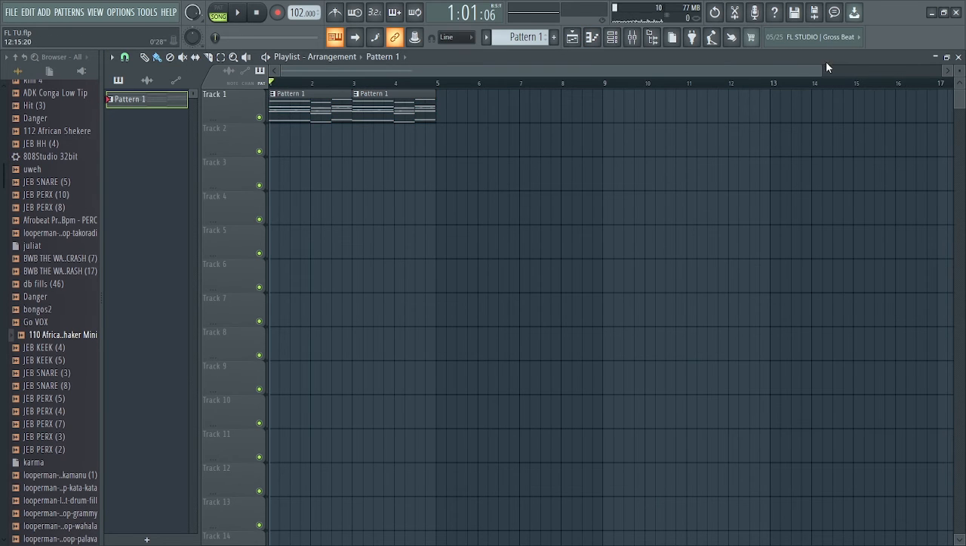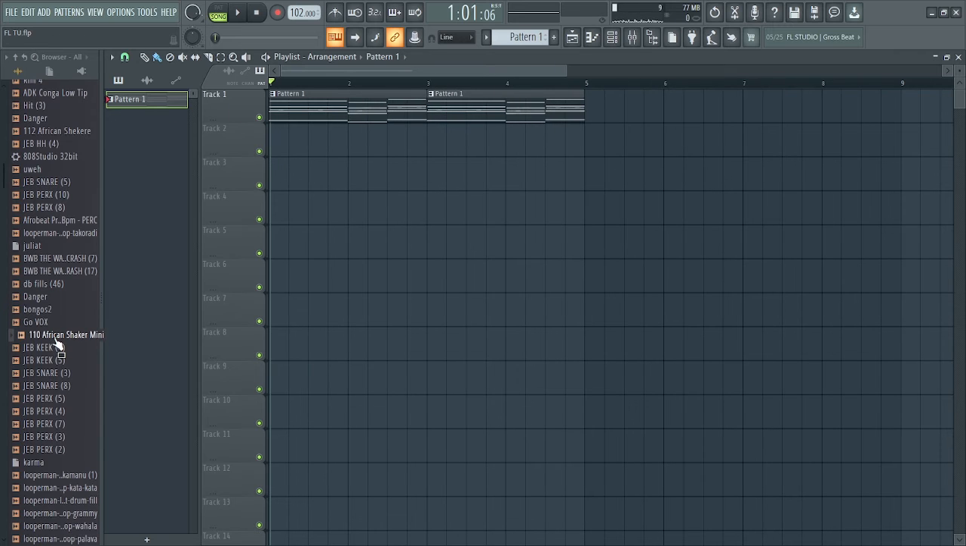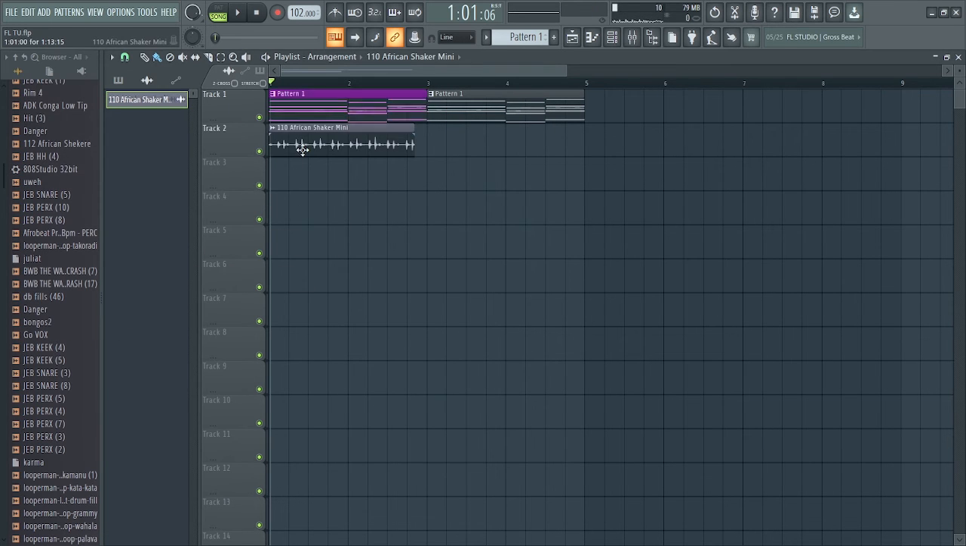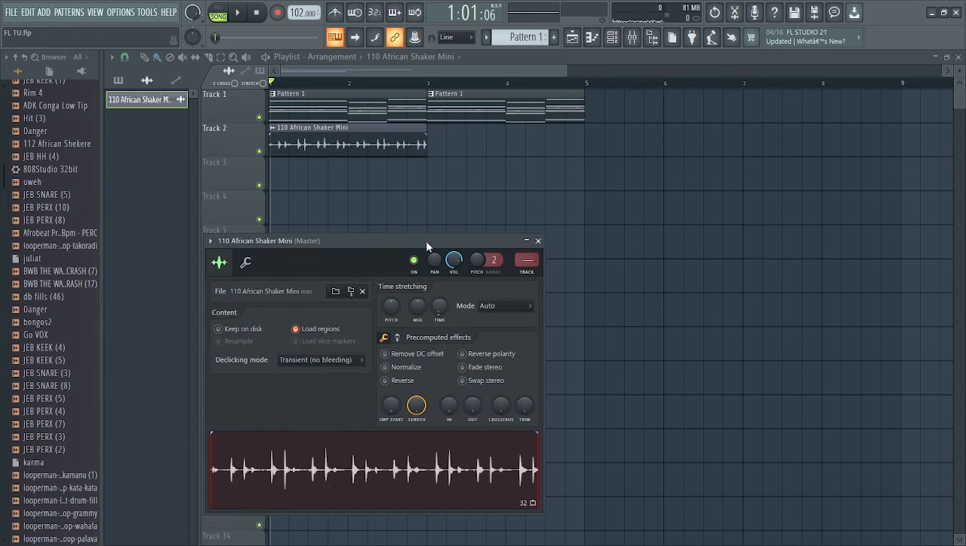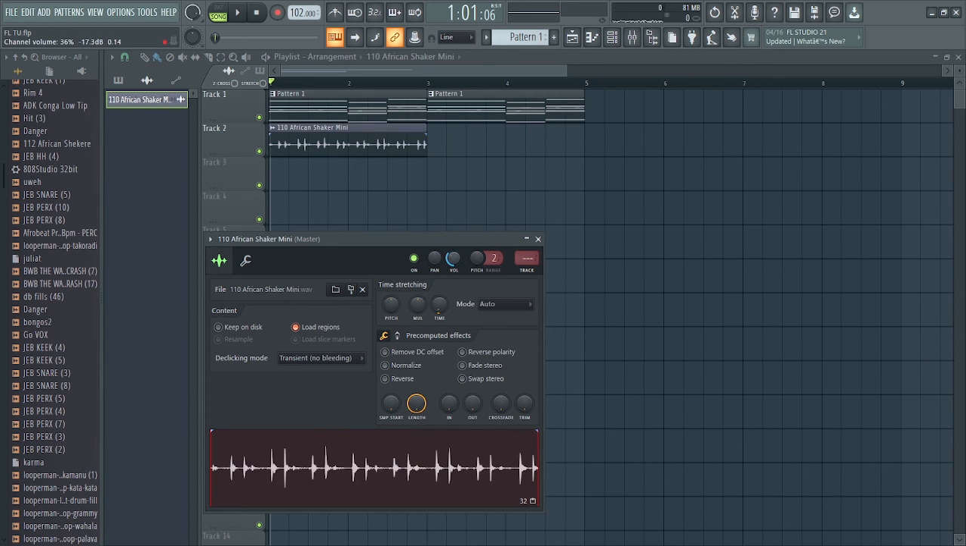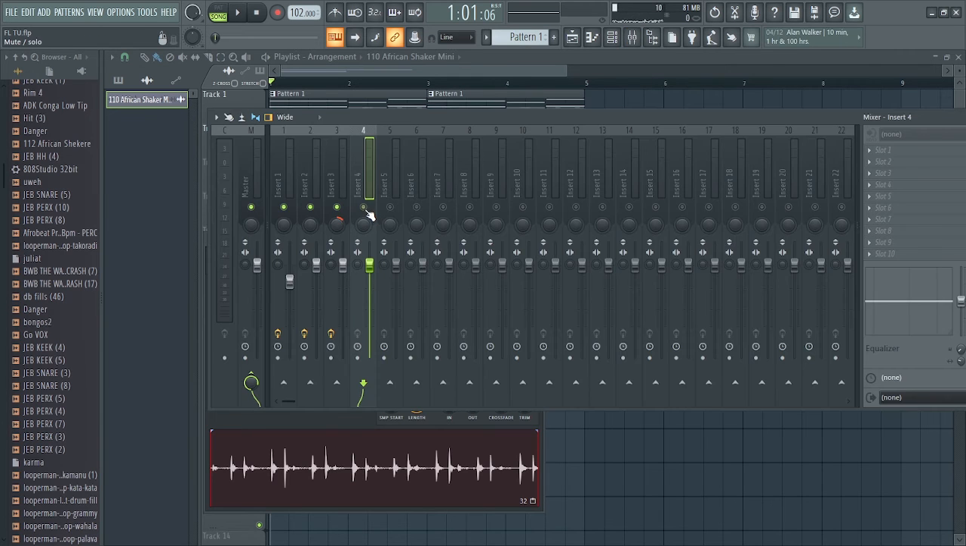Alright, so guys, the next thing I'm gonna do is to add this shaker loop. Double click, change this to auto, change the time to 2 bars. Then I'm gonna reduce the volume a little bit. Then I'm gonna route it to the mixer track. Okay, then I'm gonna